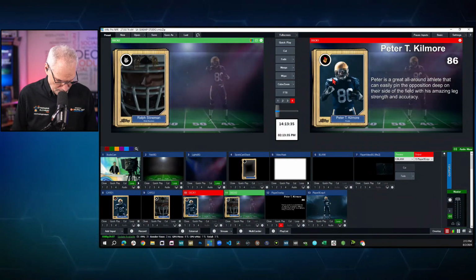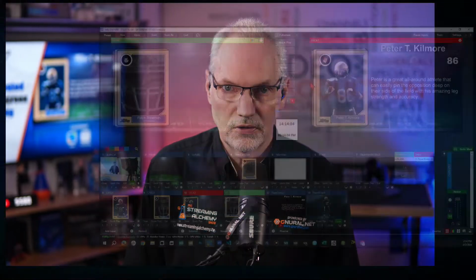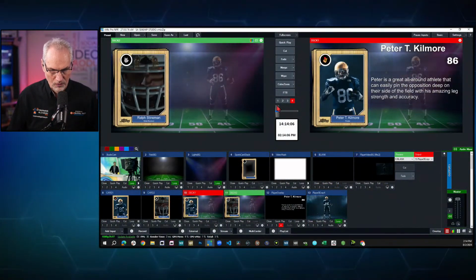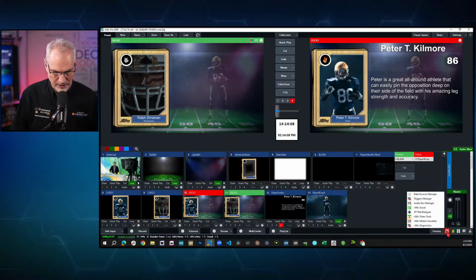So let me talk a little bit about Data Sources Manager, because this is the other piece that was important. When you are working with a data source, you have a limitation that you can only be accessing one row of data at a time. You can point to that and say, this is the active data that I want to use. And so in order to deal with this and make this simpler, especially around scripting, what I ended up doing is if you go to Data Source Manager,